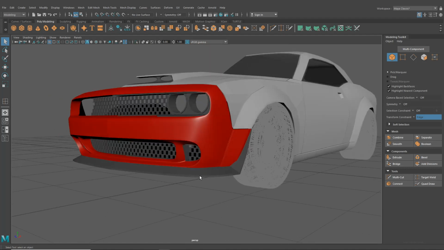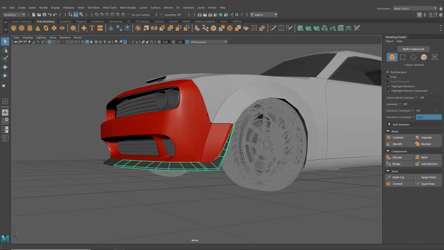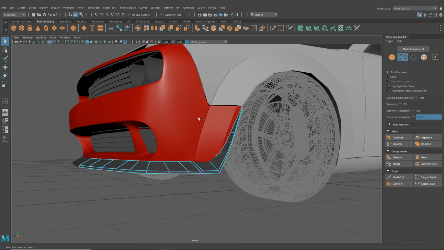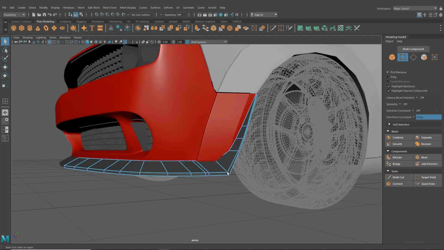What we could do is we could maybe think about the front splitter here. There's a few variations of this. It looks like what we want to do for this is, it looks like we have a little bit of a change that we need to make around this area based on some of these references here, but for the most part I think they're very similar. So I'm just again looking through my references. It does look like inside this we do want to make a little bit of a change, so it looks like maybe these here,